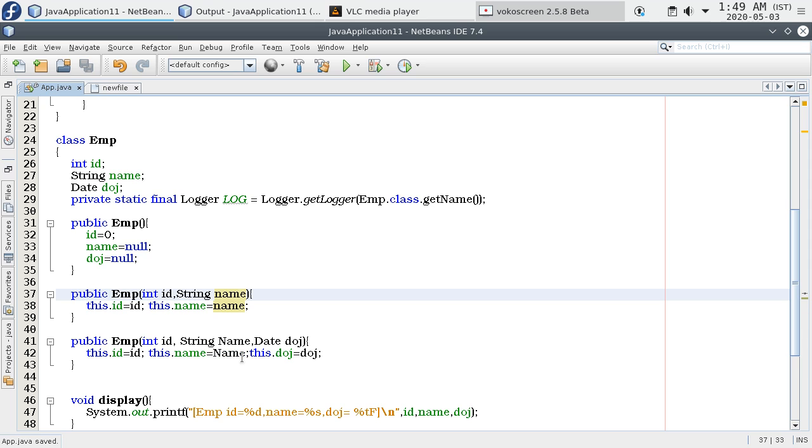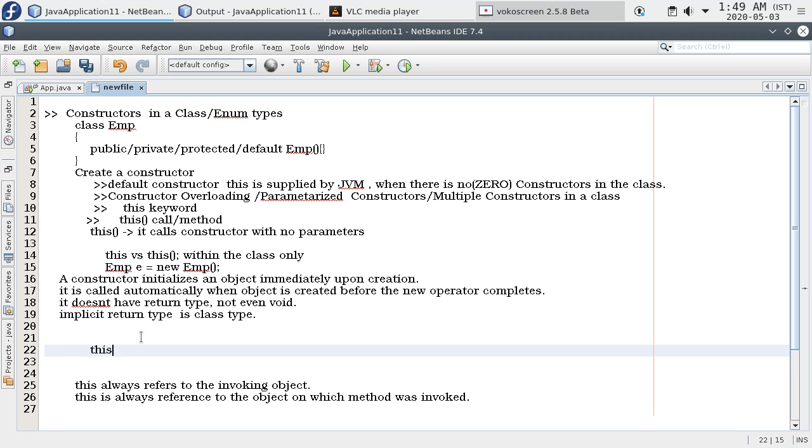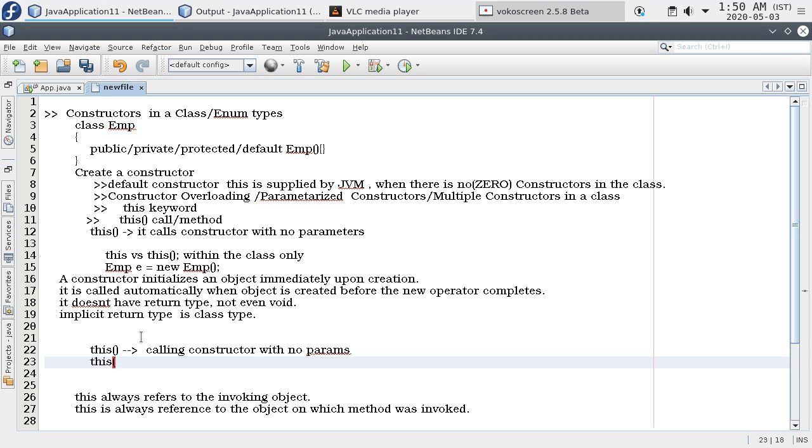Next is this with function call. Now meaning of this is calling constructor with no parameters. this sum means calling a constructor with one parameter.